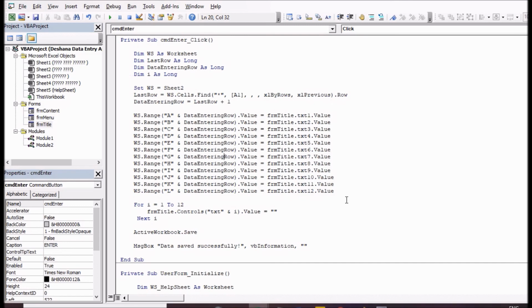So this is how we can create a data entry application,